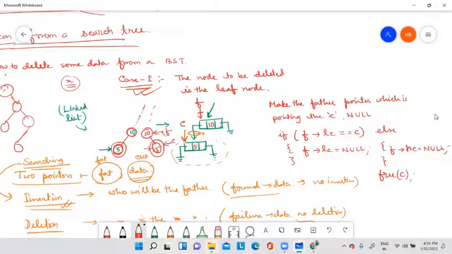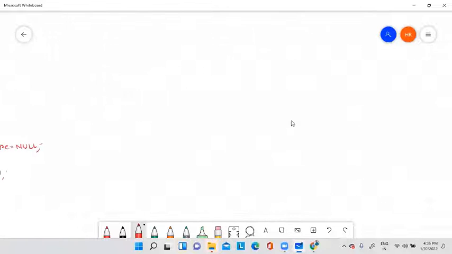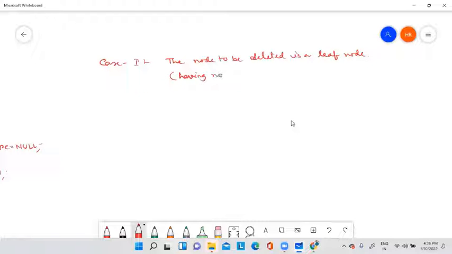Okay. So again, I have told so many things. First, you have to search. So case number 1 is the node to be deleted is a leaf node, or you can say having no children.